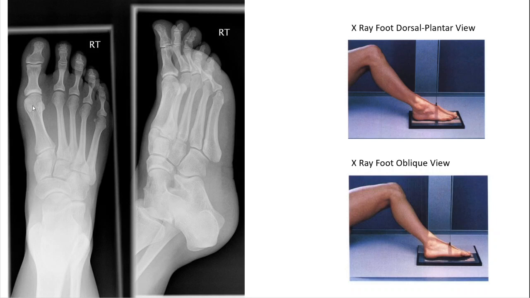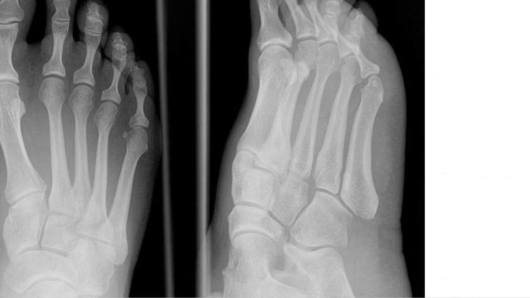Now have a closer look at these X-rays. What are these small radio-opacities? These are the sesamoid bones present in the insertion of flexor hallucis brevis, and this is a small sesamoid present in the insertion of flexor digiti minimi brevis, right? In the oblique view also these two are slightly superimposed on each other, and this one is also visible, right? But these are the sesamoid bones.